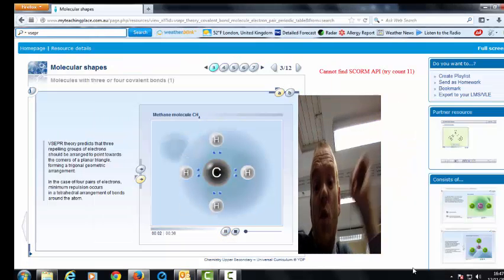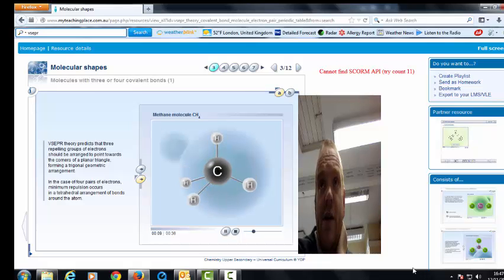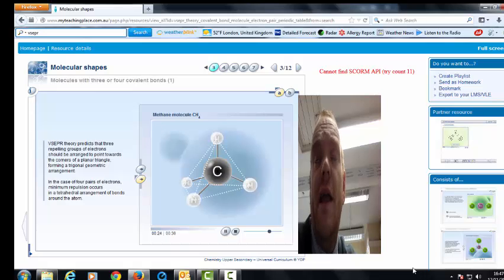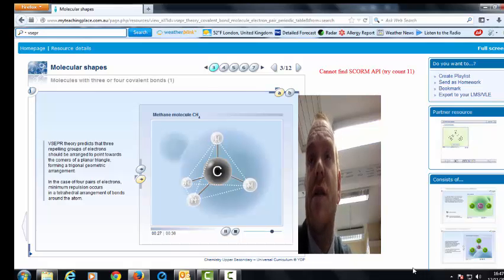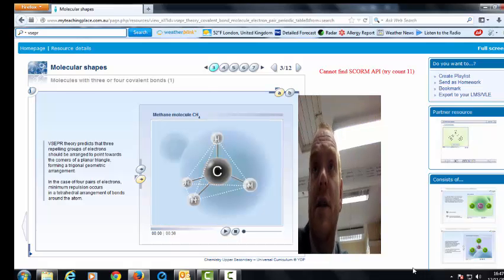In methane, if it was a two-dimensional molecule, I would have a bond angle of 90 degrees, because I have 4 electron pairs. However, I can arrange this in 3 dimensions in a tetrahedral arrangement. So you can see there at any one time, one of my hydrogens is pointing out of the plane, one is pointing behind the plane, and 2 of my hydrogens, the top one and the right one, are in the plane of the molecule. So I get a bond angle of 109.5, which is obviously a bigger angle than 90 degrees,